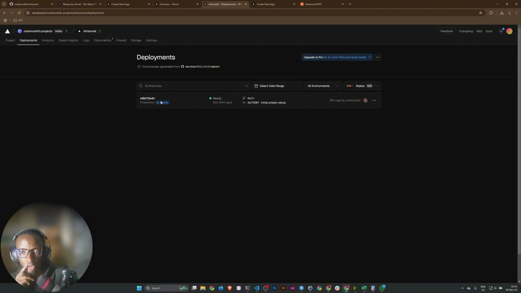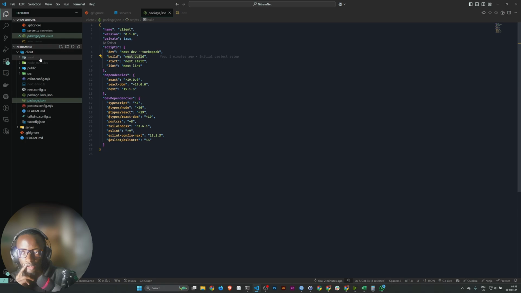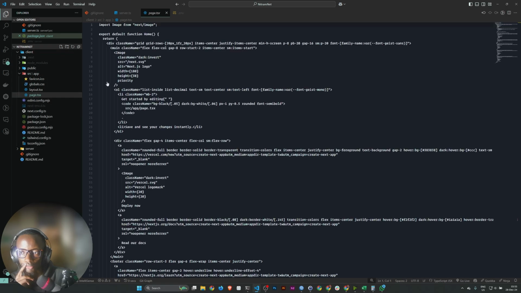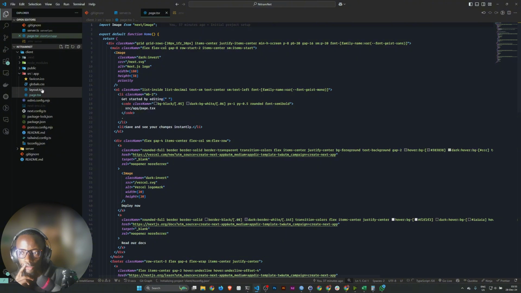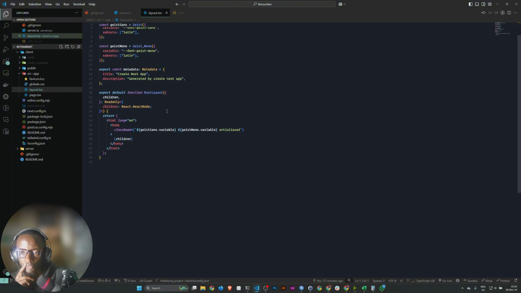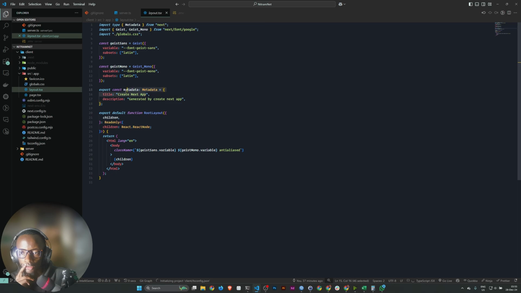So you can see the deployments here. If I make a change, so let's say, just real quick, to the source app page, not the page, but the layout. Let's just say that this is the Nitram Internet.